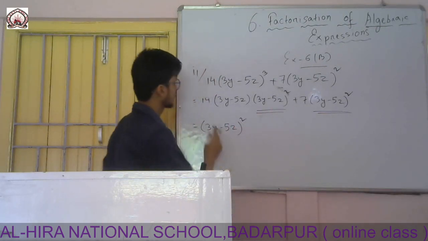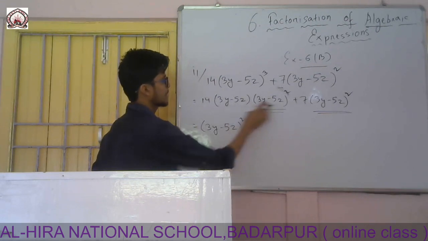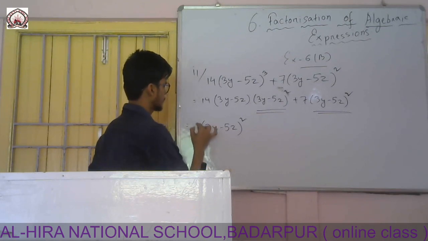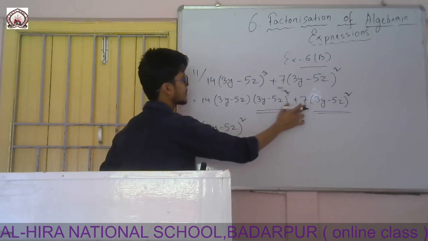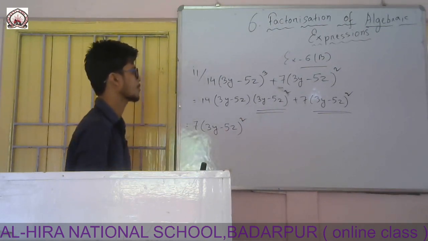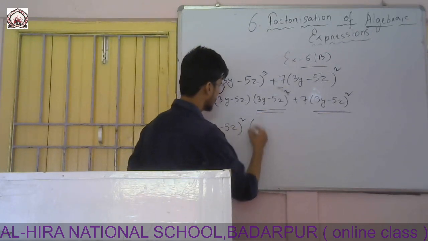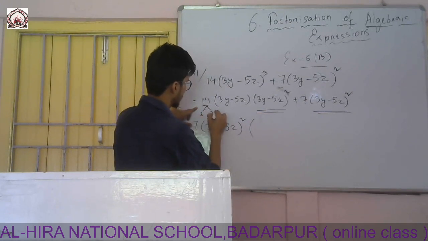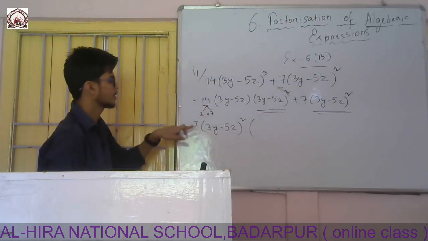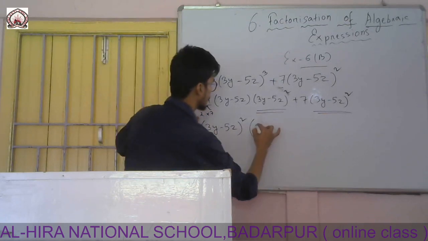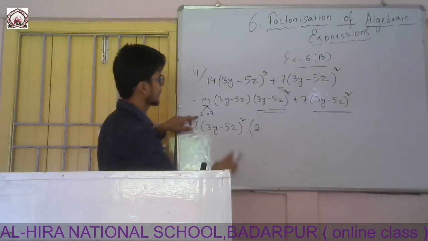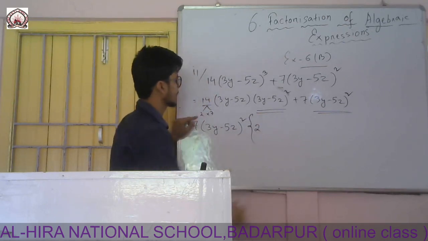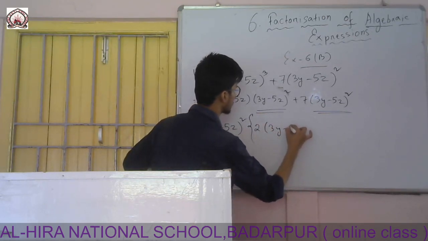Another thing, it is 14 here, it is 7 here. Both the terms are multiples of 7, so I can take out 7. 7 2s are 14, 7 1s are 7. So I have taken 7 also common. After taking this out, which one is left? It is 2 into 7, 2 into 7. So 7 I have taken out, they are left 2 and one term also left. So I have to give a second bracket. It will be 3y minus 5z.